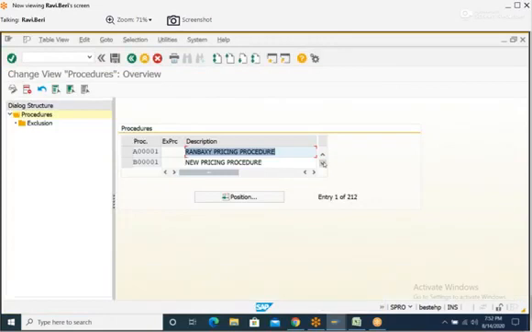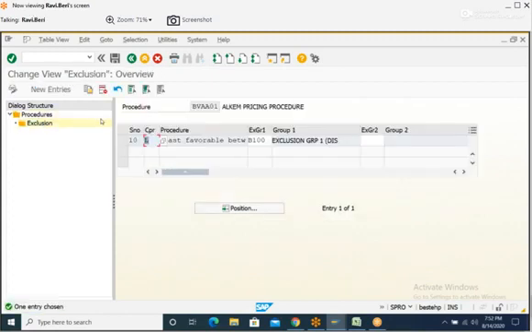Go to pricing procedure. Select your pricing procedure and double click on exclusion.